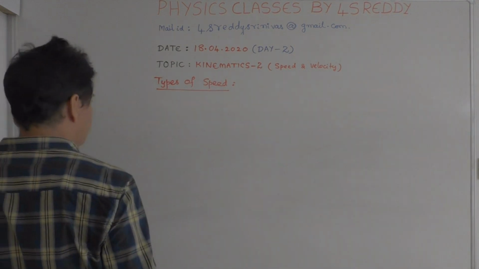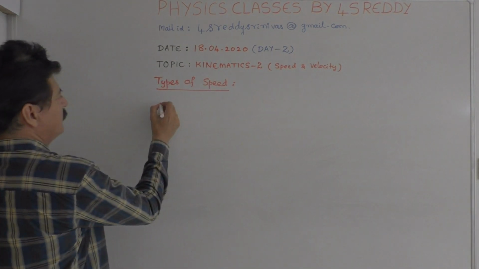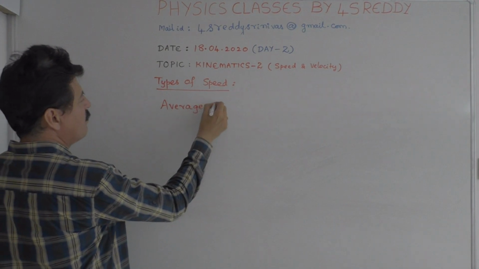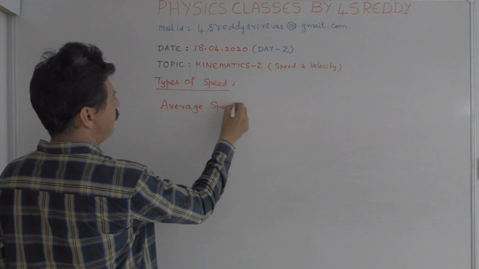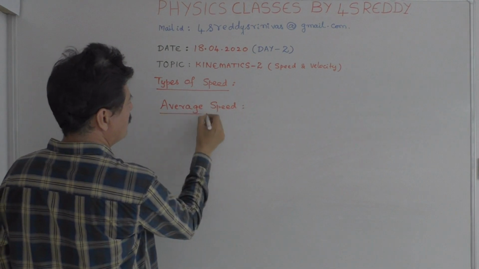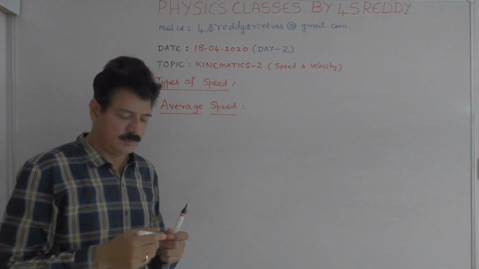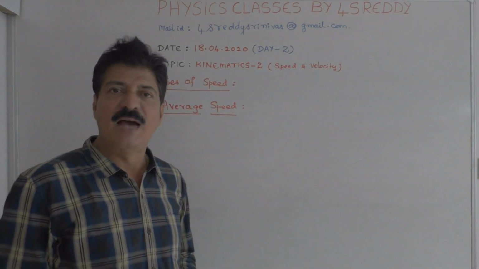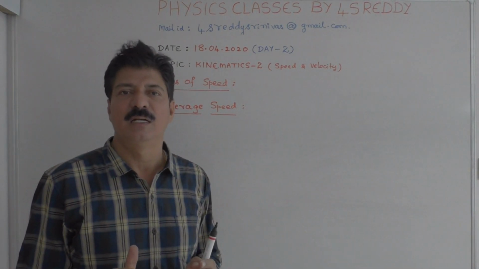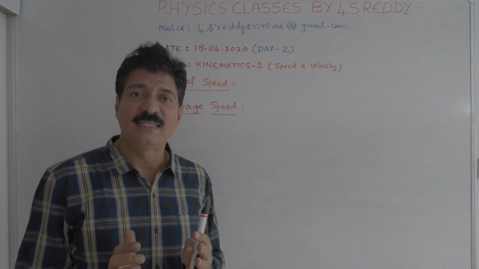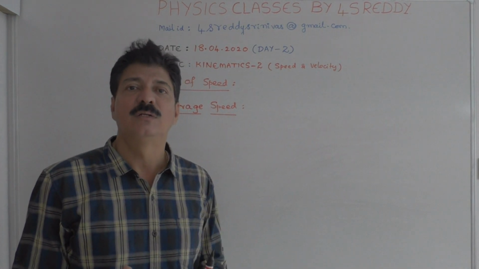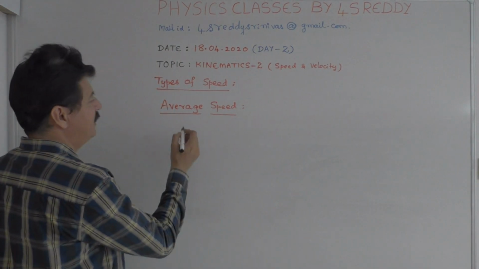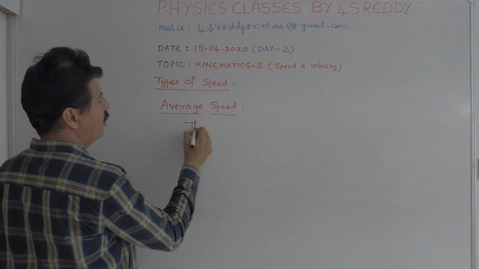Now, come to the other one, that is average speed. What do you mean by this average speed? Average speed is simply the total distance traveled by a body to the total time of journey. So, average speed means the ratio of